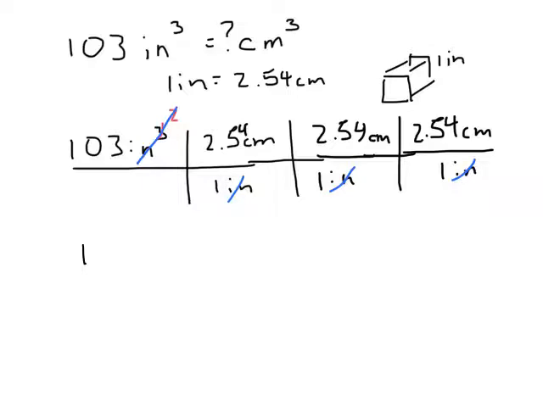And that gets a grand total, 103 times 2.54 times 2.54 times 2.54, gets me a grand total of